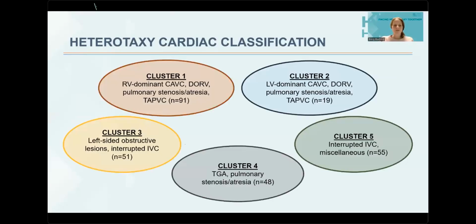So cluster 1 had a predominance of right dominant atrioventricular canal defects, double outlet right ventricle, and pulmonary stenosis or atresia with TAPVC. Cluster 2 was similar to that of cluster 1, but with left dominant AV canal defects. And these 2 clusters are what most would think of as being your more typical right atrial isomerism. The remaining 3 clusters consisted of those with left-sided obstructive lesions and interrupted IVCs for cluster 3, transposition of the great arteries with pulmonary stenosis or atresia for cluster 4, and then a mixed bag of lesions with an interrupted